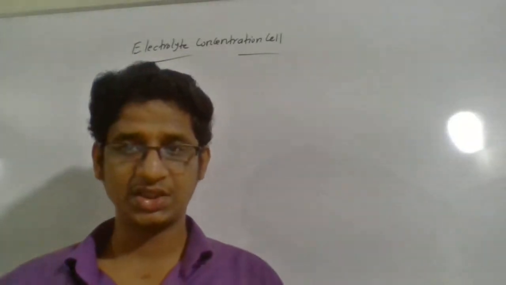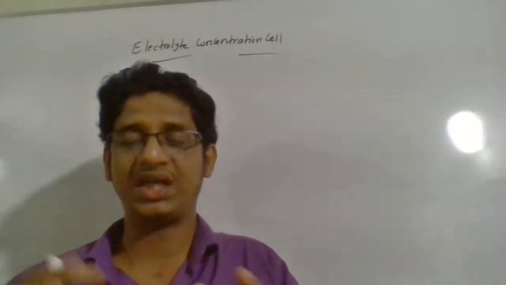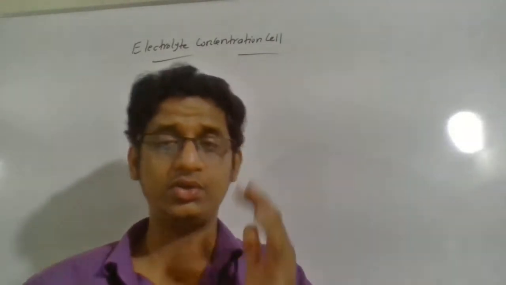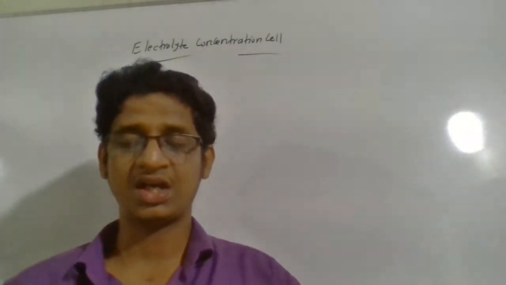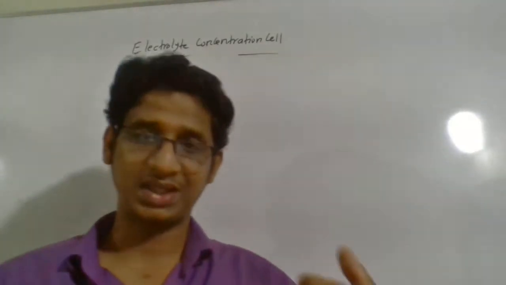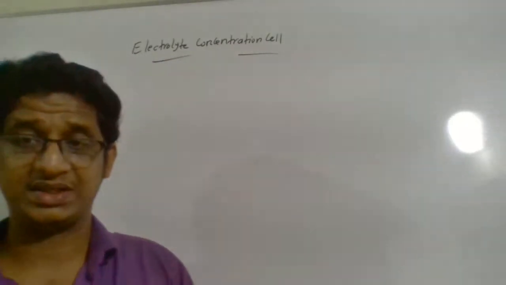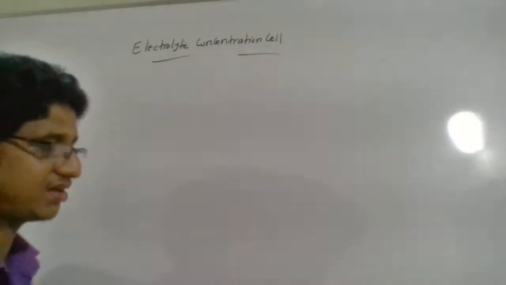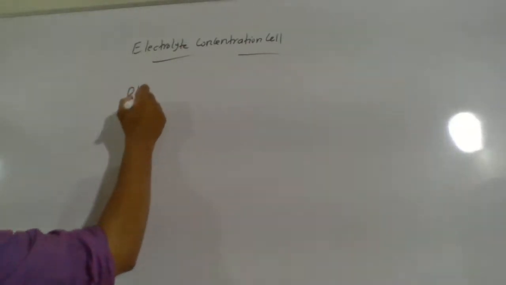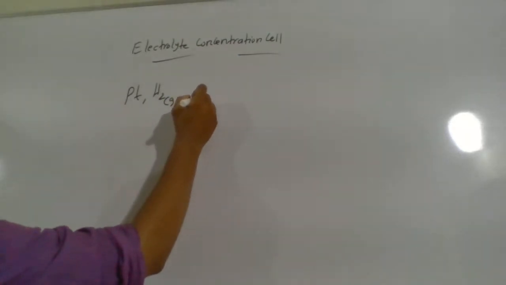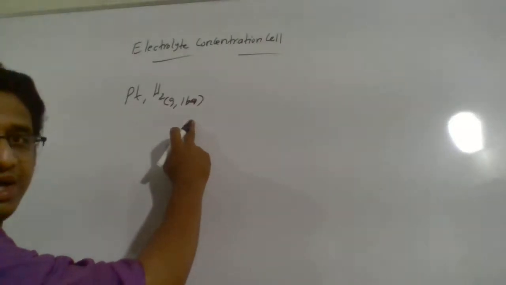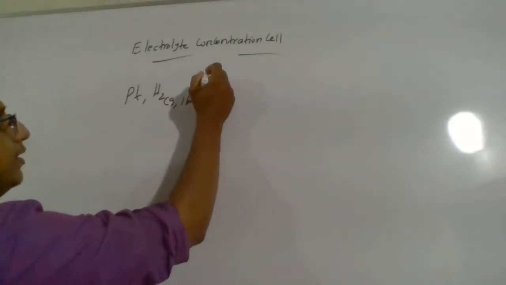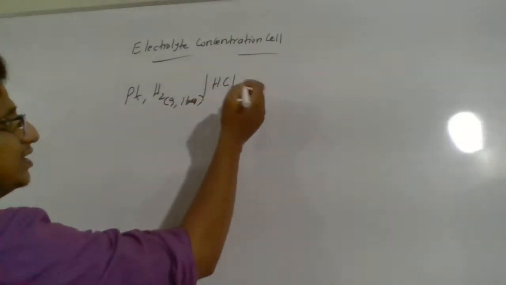We actually change the concentration of an electrolyte. A change in concentration of electrolyte does make an EMF, and that is what we can find in this electrolyte concentration cell. Let us again discuss the same electrode, the hydrogen electrode. Let us represent the electrode like this: platinum, hydrogen gas maintained at 1 bar pressure, and we make sure in the two half cells the pressure of hydrogen is 1 bar, and HCl is the electrolyte